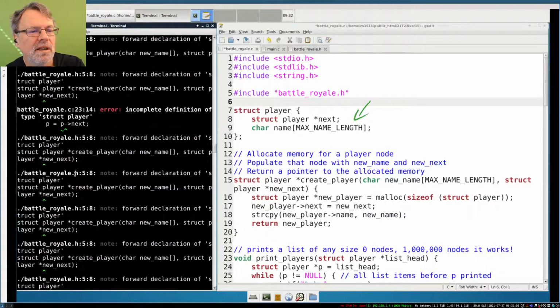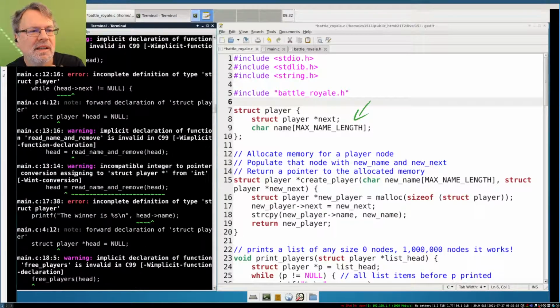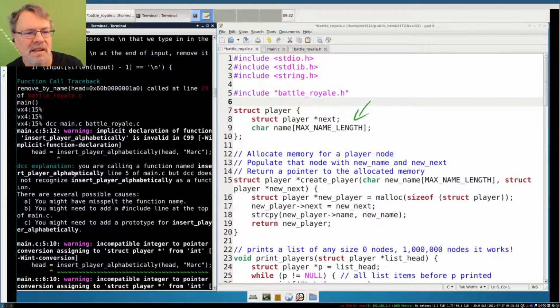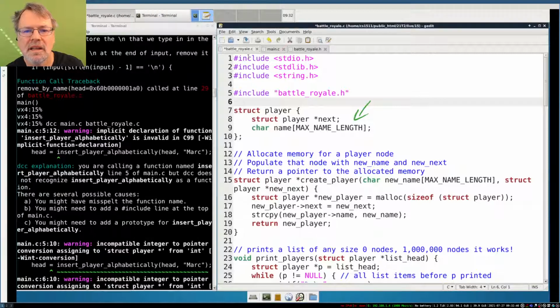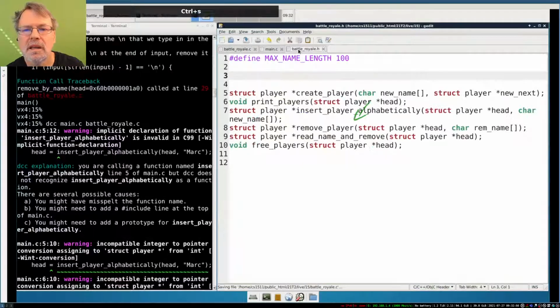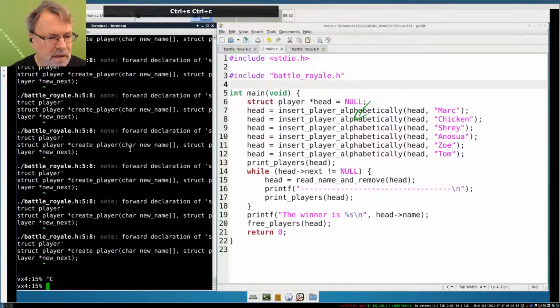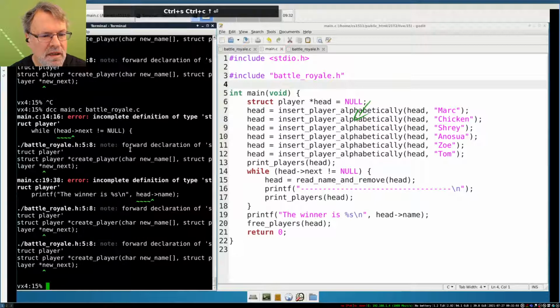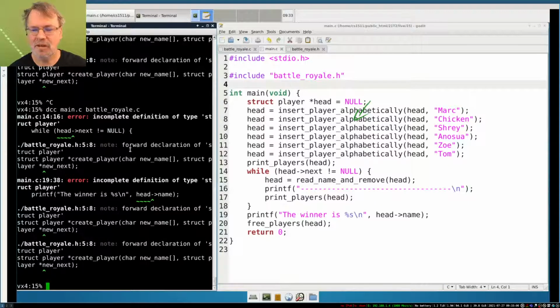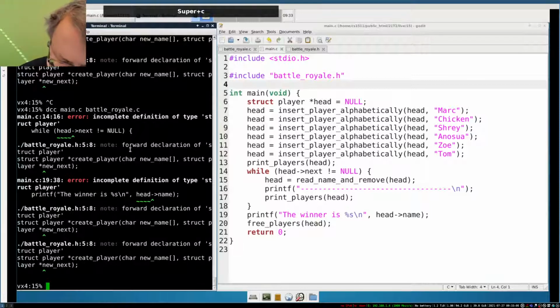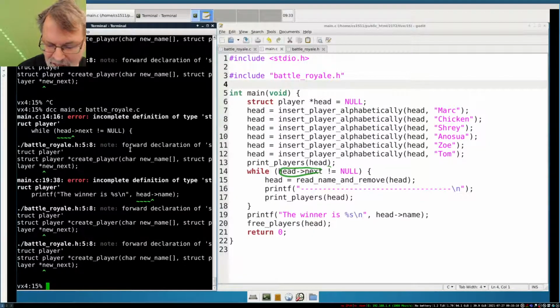What's my errors here? Problem is here. All right, save the files. I've still got code here in main that's looking inside what's in a struct player. It's this one. It thinks, oh, I know there's a next field in struct player, and this code here that's